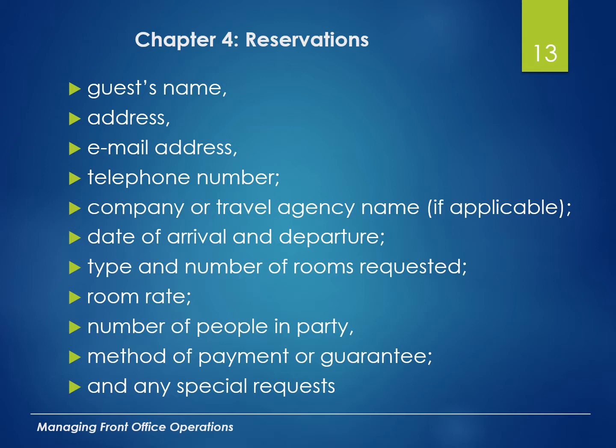Oftentimes when I'm making reservations through Hilton Honors and through the app, it will give me all of those rate options. It will give me the full rate, but then it'll give me the Hilton Honors discount. But then it might also, if it's available, give me a Hilton Honors prepayment discount. And so it shows you exactly what those discounts are. And then any special requests that we need, if they need it to be an ADA room, if they need it to be away from the elevators, or they need to be on a high floor or a low floor, all those special requests are necessary when we're making those reservations.